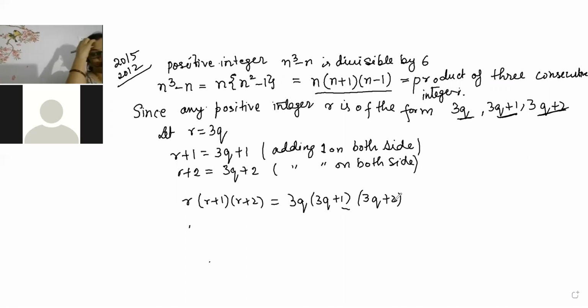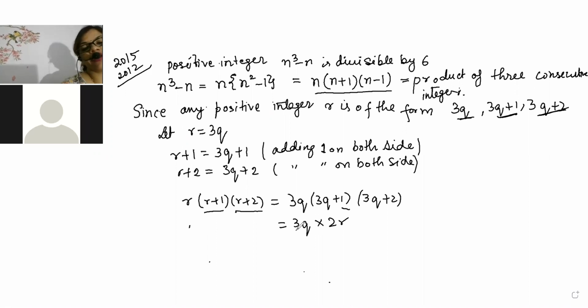Okay, now beta, 3q plus 1 and 3q plus 2, it is nothing but consecutive numbers only. So it will become 2r, because look here beta, only consecutive numbers are there. So look here, what we have done is r is equal to 3q taken, r plus 1 is equal to 3q plus 1, r plus 2 is equal to 3q plus 2. That means what beta, this r plus 1 and r plus 2 will exactly be a multiple of 2r only. So it will be exactly 3q into 2r.